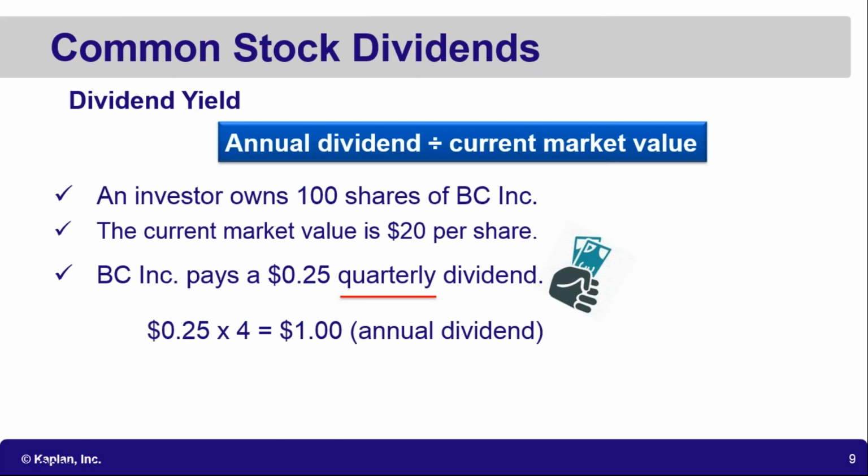Wouldn't it be a real shame if you got a 68 because you forgot to multiply times 4 a couple of times on a dividend yield question? So multiply the quarterly dividend they give you times 4 quarters. That gives you the annual dividend of 1 year. Then you divide that by the $20 current market value of the stock, and you'll get 5% as your dividend